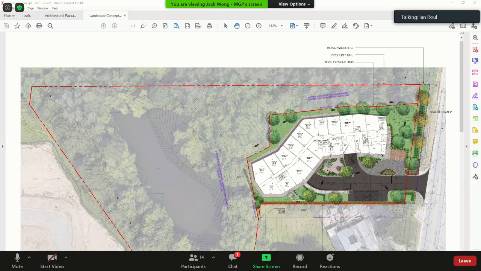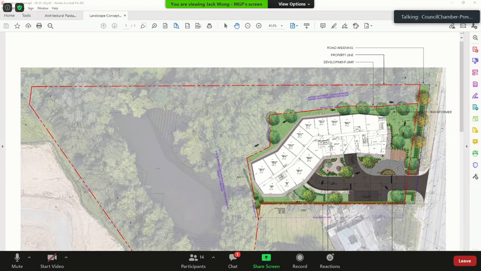And in conversation with the LSRCA, there was a general agreement that, given the existing conditions being a manicured lawn, the restoration of the buffer and the space between the building and the woodland would average out to approximately 10 meters. The 6-meter no grading zone, which is shown as a development limit here, sufficiently protects the root zones of the feature, and the restoration provides sufficient compensation. But it's not a straight 10-meter buffer, so there is some nuance to it that was discussed with the LSRCA.